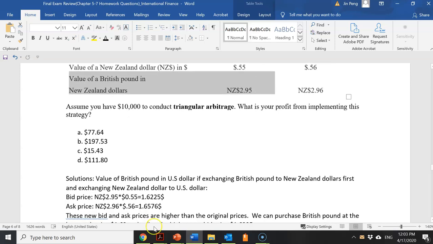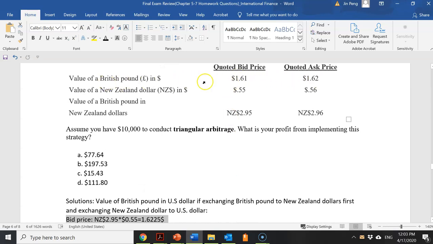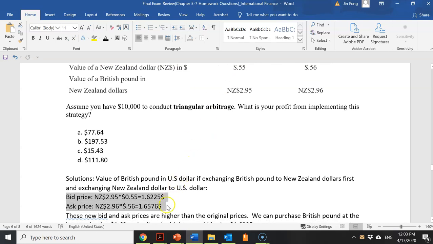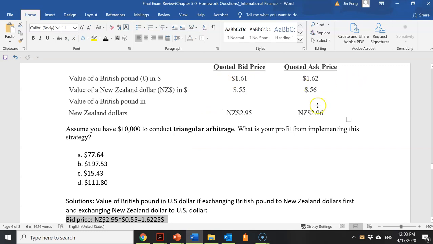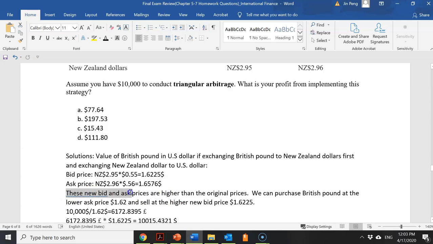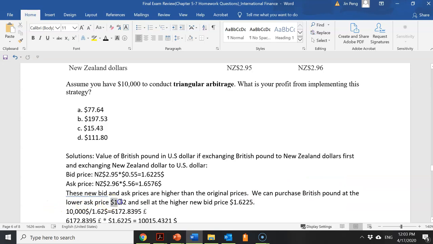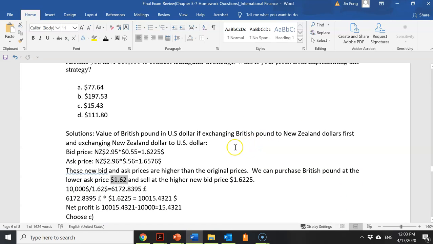Okay, and then we can compare these two numbers, bid and ask, to the original bid and ask of £1 in dollars. You can see that our new numbers are higher than the old numbers. So we can buy at the lower ask price, 1.62, and sell at the higher bid price, 1.6225. Okay, these new bid and ask prices are higher than the original. We can purchase British pound at the lower price, 1.62 here, and sell at the higher new bid price,